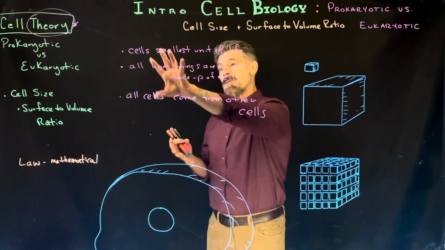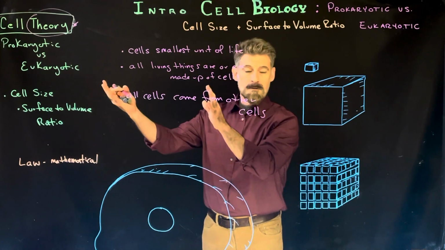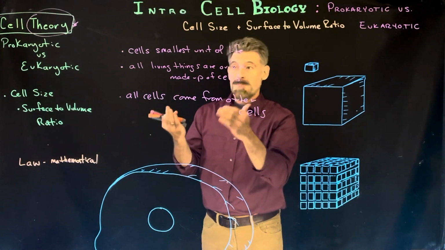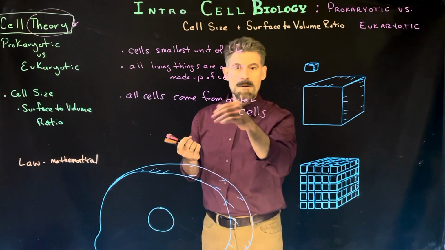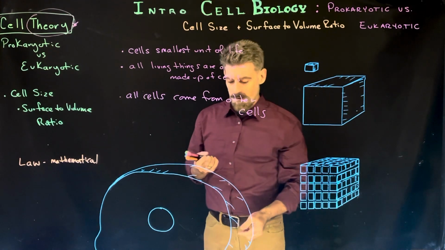So these are the three collective statements that we talk about when we refer to what we call cell theory. And then to clear it up, theory doesn't mean just an idea, maybe cells come from other cells. No, we know this and we have information. We can watch cell division, cells will divide, and so forth.